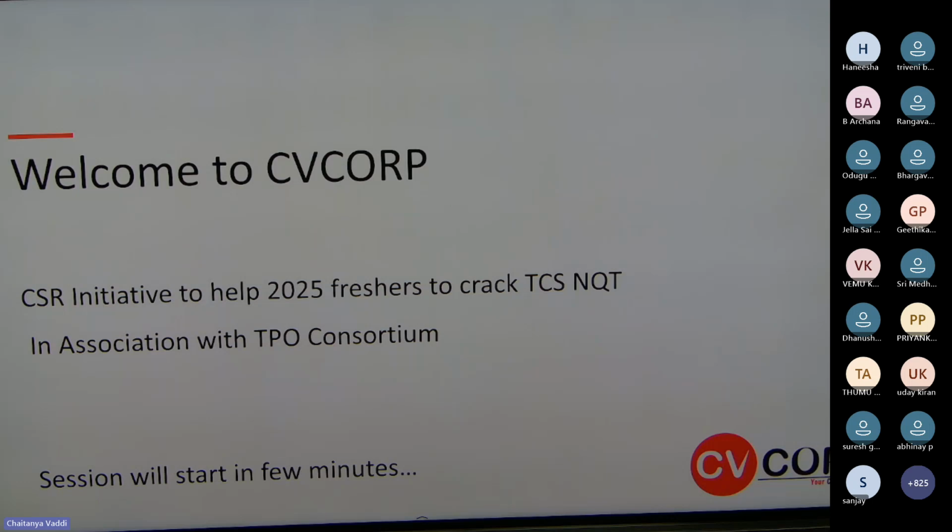Guys, I am not controlling anyone here to listen to my class. This is a CSR activity. If you are not interested, please watch the cricket match. Or if you are too smart, keep two mobiles in front of you, watch the match on one and the classroom on the other. That's up to you guys. Not a problem. If you want to leave, you can leave, Manish. No problem with that. Or watch both sessions together.